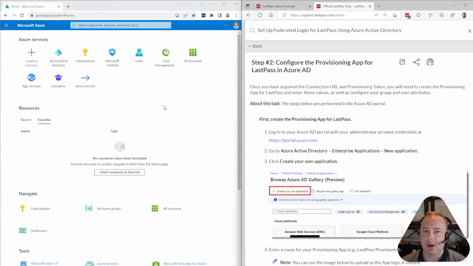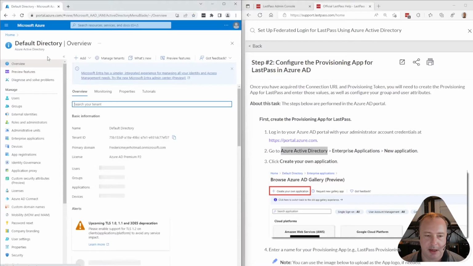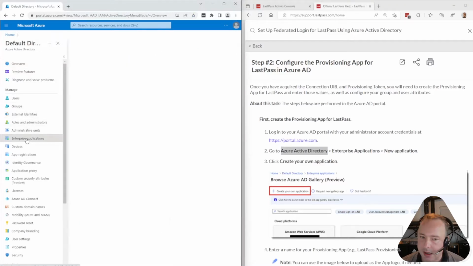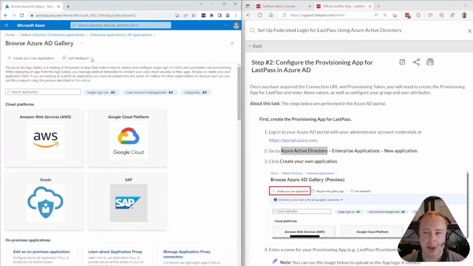So you open portal.azure.com, and then it asks us to go to Azure Active Directory, which is here, Enterprise Applications on the left-hand side, and then create a new application. As you can see, I don't have any application created here, but if you already have an existing Azure tenant, then you might already have certain applications here. We click on New Application,